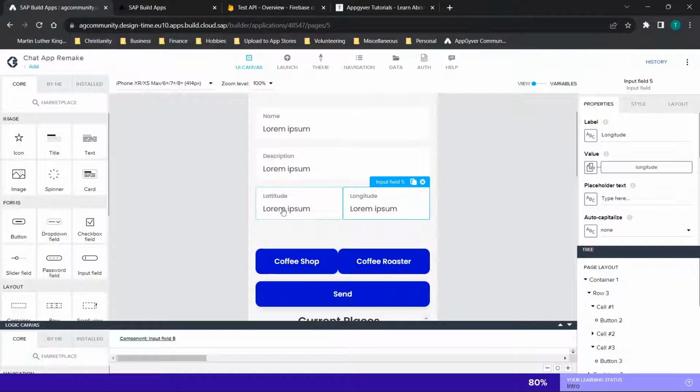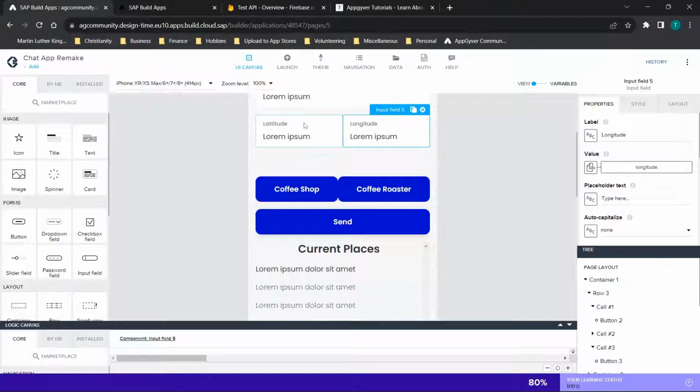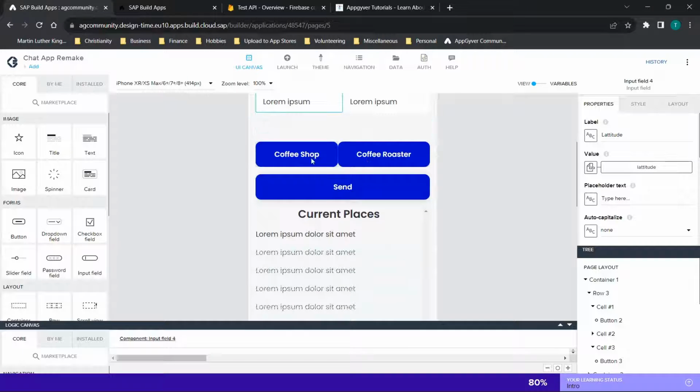So once you have added in those components and set everything up for those, added in any placeholder text, then we have 2 buttons here. Now these don't actually do anything. They're just ideas to help you with maybe categorizing the types of